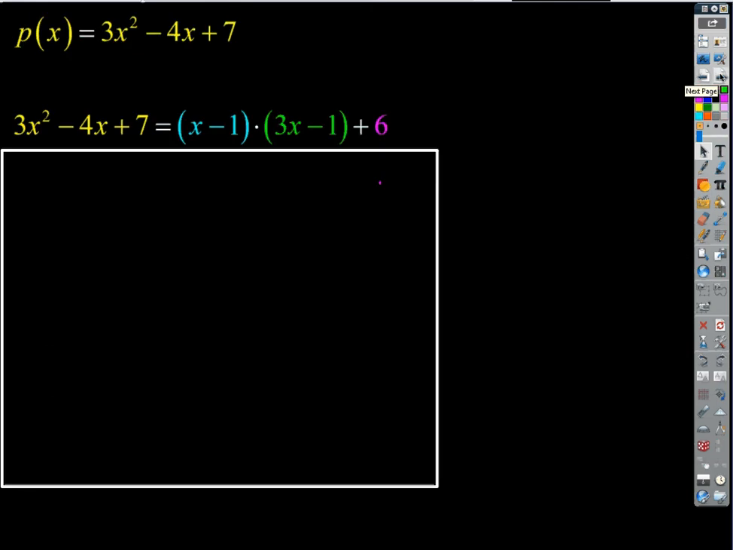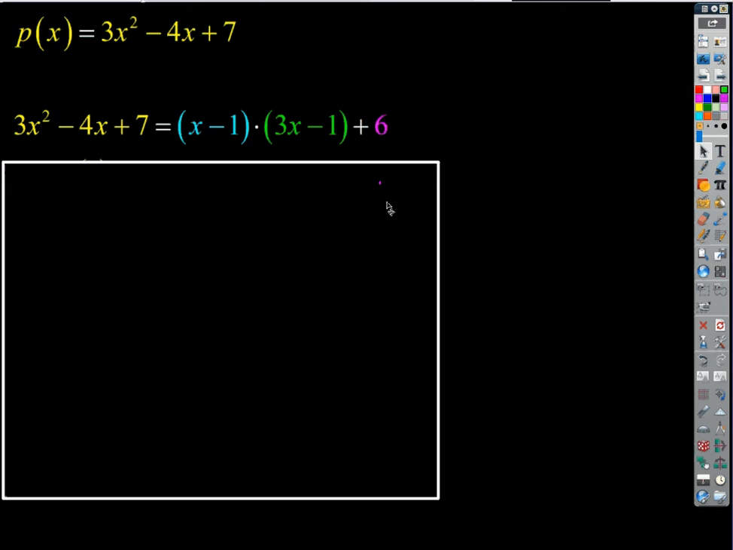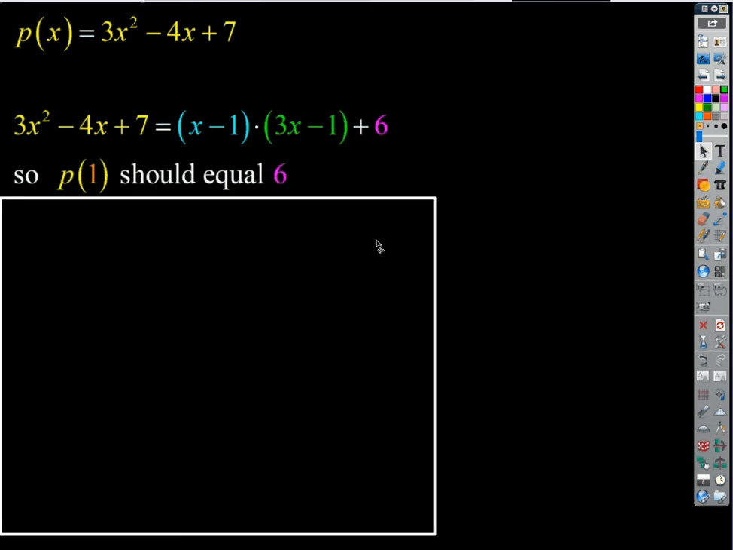So let's look at an example of when we try to evaluate this by the remainder theorem. It said that if we divide a function by x minus k, so if I divide 3x squared minus 4x plus 7 by x minus 1,